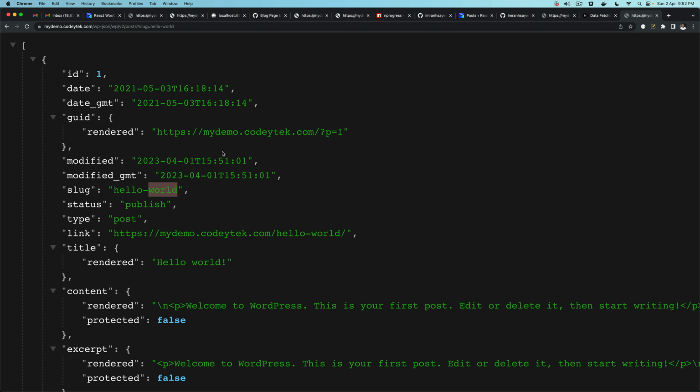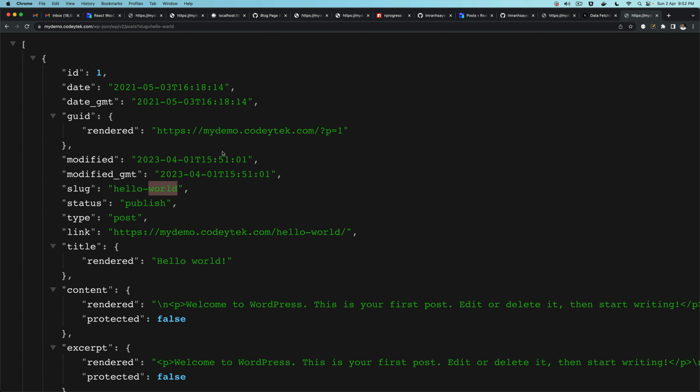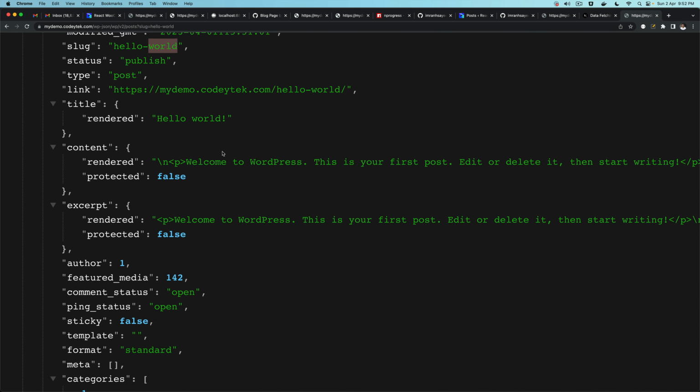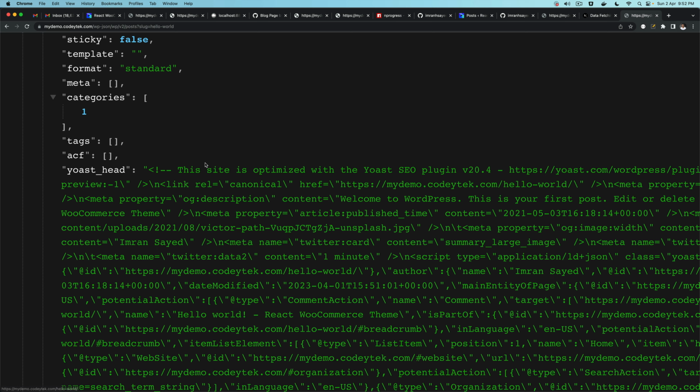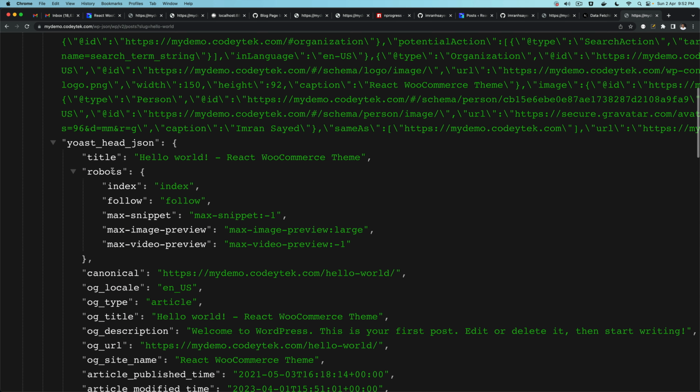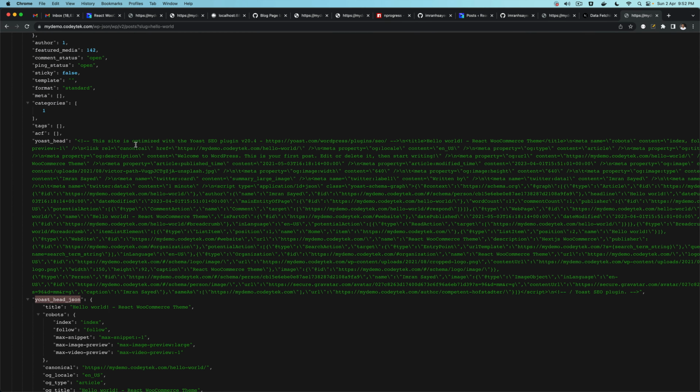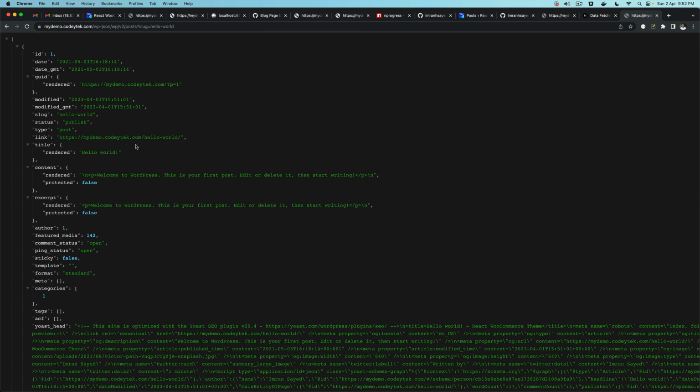Now you might be thinking, why did I not develop a custom endpoint for this one? Because too much data is being rendered, right? Well, the reason for this is because the current REST API endpoint that I have created does not support Yoast, and we really need Yoast for that, right? I might support Yoast in the future. I do have a custom endpoint available for single post also, but for the time being, I'm just using this